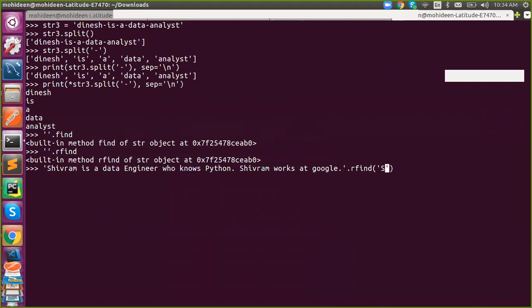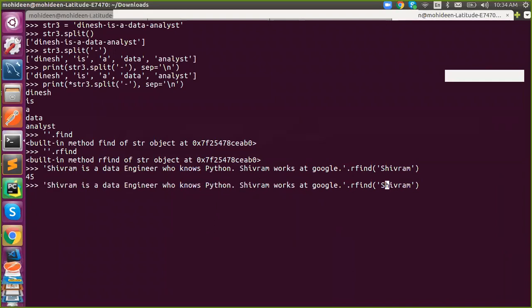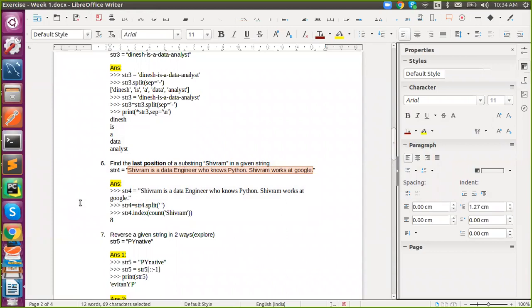You have to say Shivaram. So the position is 45. This is my 45th position. And if you say just find, it will give 0. Got it? So rfind means reverse find, from reversal order. I said the last position, right? So simply you can use rfind. So the solution is rfind. Got it, Prabhakar?